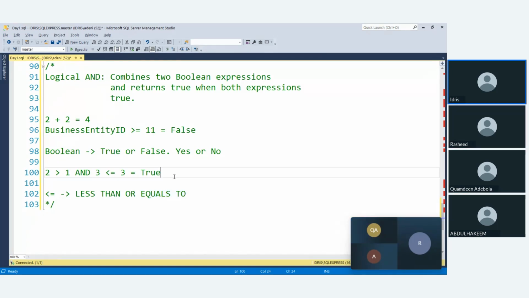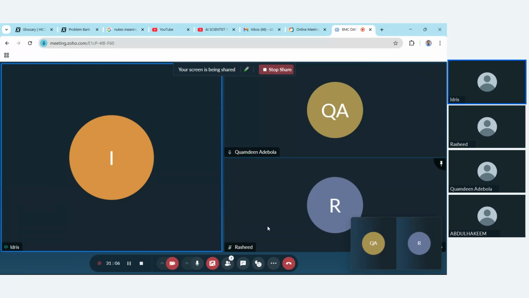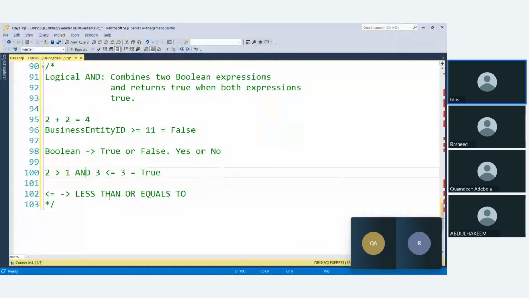Okay. Now we haven't spoken about and yet. I'm trying to build it from the ground up so that we understand it very clearly when I get to and. Now, and is used to combine basically two